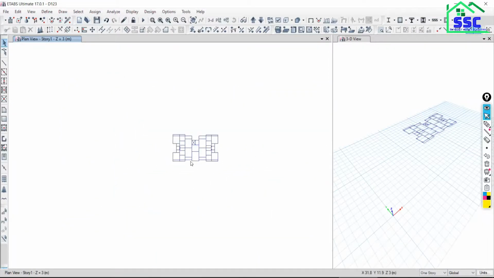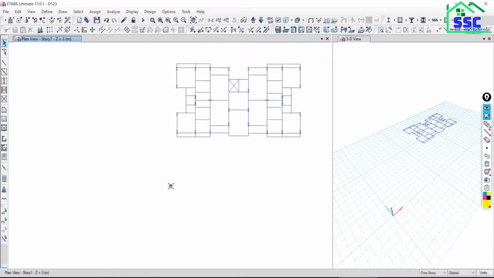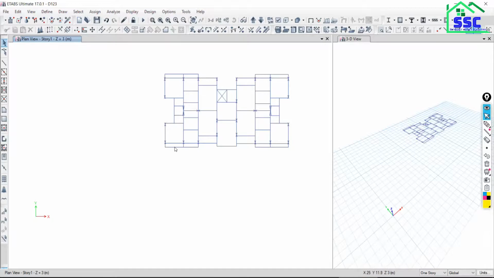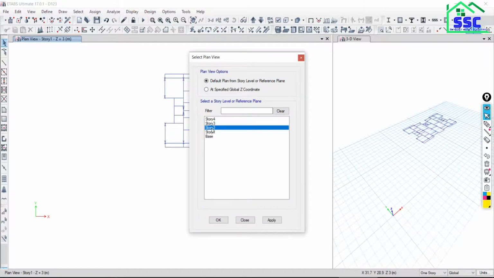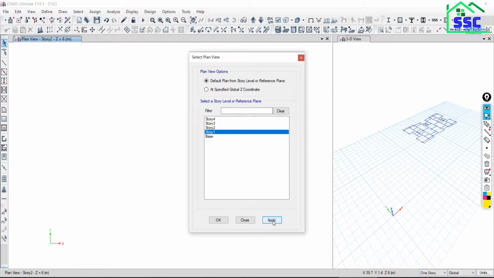Now the second thing is, see, it is away from the origin. Is that clear? So what will be the problem if you are importing like this? See, I am going to the second story. Now I am just coming back to the first story.